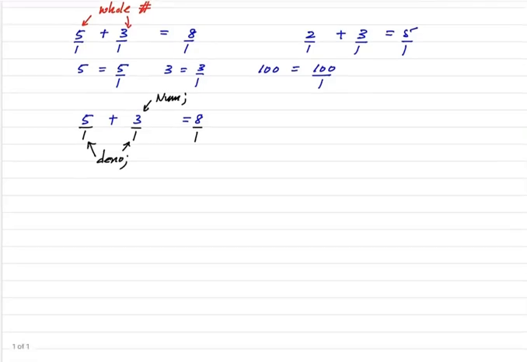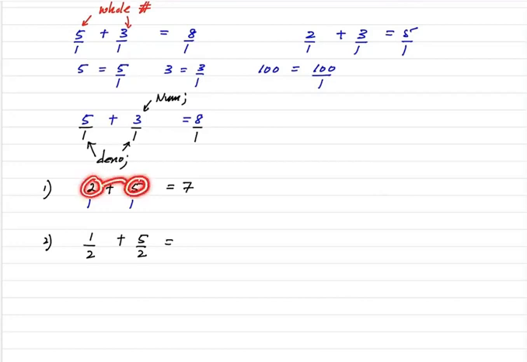So I'm going to give you a few examples here. Now 2 plus 5 is equal to 7. That's true, right? This is my first one. Second one, I'm going to have 1 divided by 2 plus 5 divided by 2. Now, what magic is here is that 2 means 2 divided by 1, 5 means 5 divided by 1. So now you can see 1 and 1 is going to match. So that means you can add these together easily. And that's why it becomes 7.